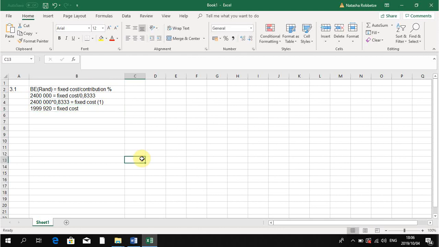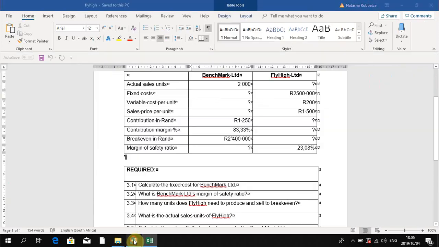repeat is that if you have calculated a figure, go and fill it out in the question paper as well. So I'm going to go back to the fixed cost here. I'm just going to use another color, and then I'm going to say this should actually not be a question mark anymore. I solved it. It's 1,999,920. So if I later on need to do any calculations that require the fixed cost, I don't have to go back to my own calculations. I've written it or I've made a note for myself, and you can save yourself a lot of time in